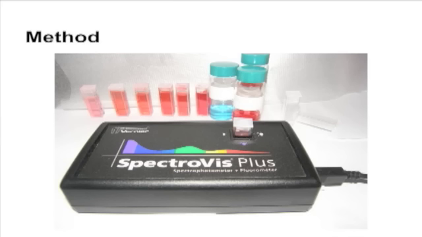Now onto our method. To find the concentration of an unknown solution, we need to have solutions of known concentrations, which we made in a series of dilutions. Next, we use the SpectroVis Plus, a spectrometer that measures the absorbance of a solution placed in it. The data is then graphed and a best linear fit created. Finally, to find the unknown concentration, we measure the absorbance of the solution and match this value up on our